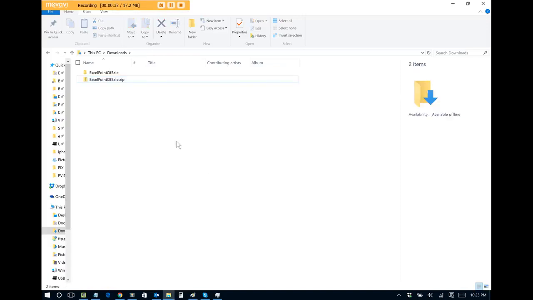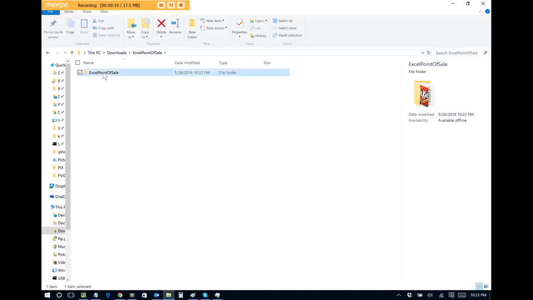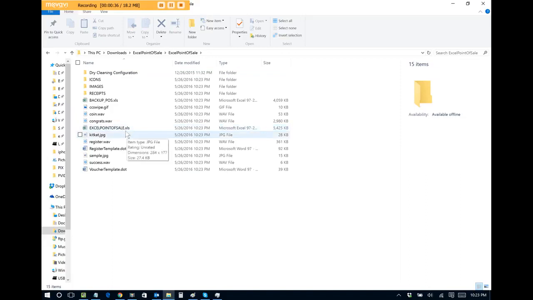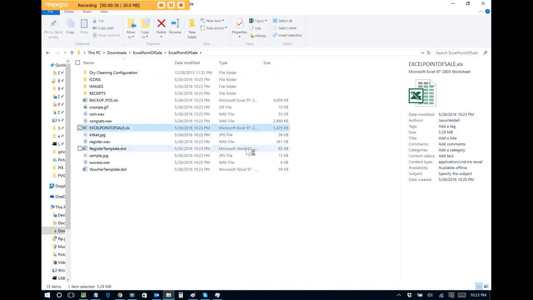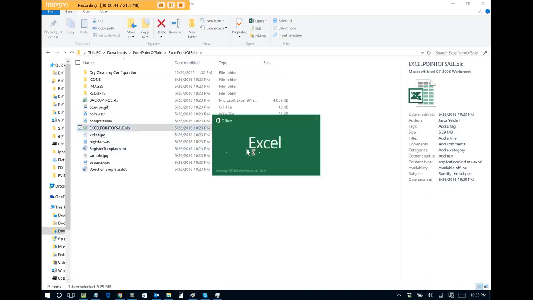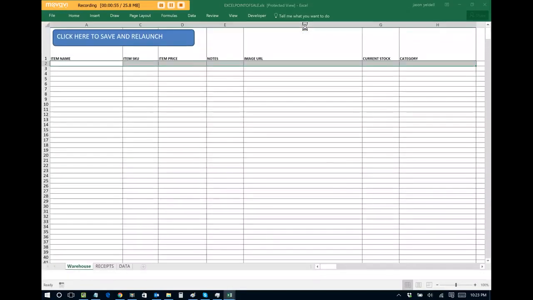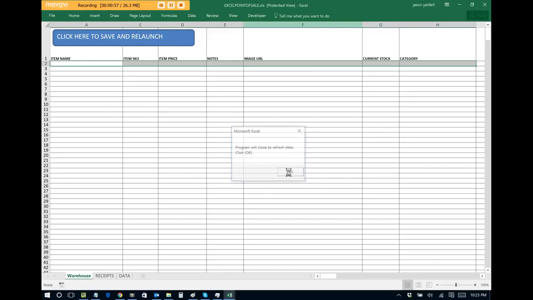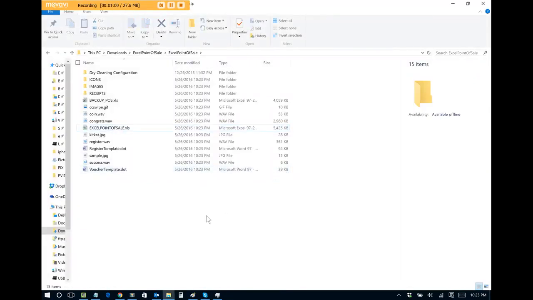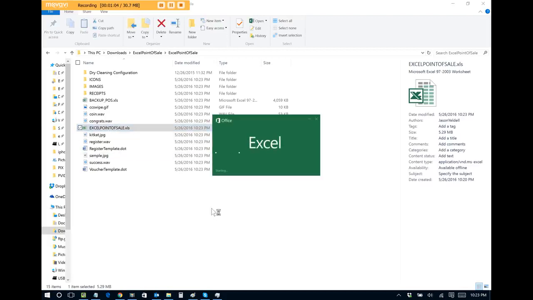Once those files are extracted, you go inside the folder and double click on Excel Point of Sale.xls. If this is the very first time that you're actually running Excel Point of Sale, you may encounter a protected view. This is fine. You click on Enable Editing, and this will bypass the protected view and force Excel to restart. Once Excel closes, you double click on Excel Point of Sale again, and then you will be allowed to set